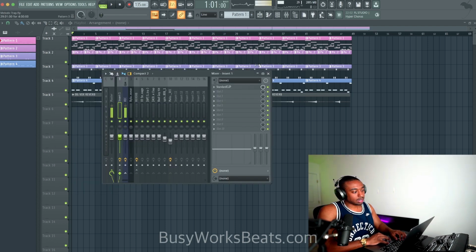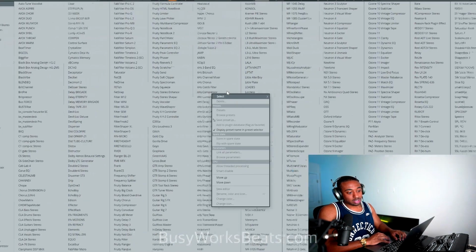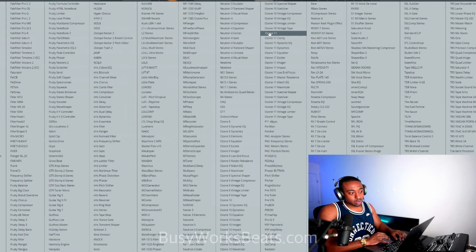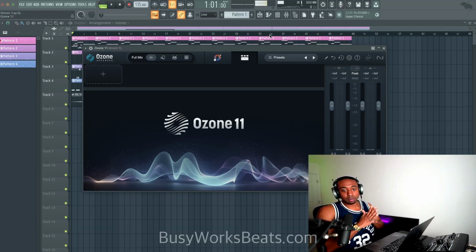But before we get into the gain, let's open up iZotope Ozone 11. This is becoming one of my favorite tools because they've added so many things inside of this one plugin. Before, I used to use Ozone 9. Now we started on Ozone 5. That was like my little secret for beat making.